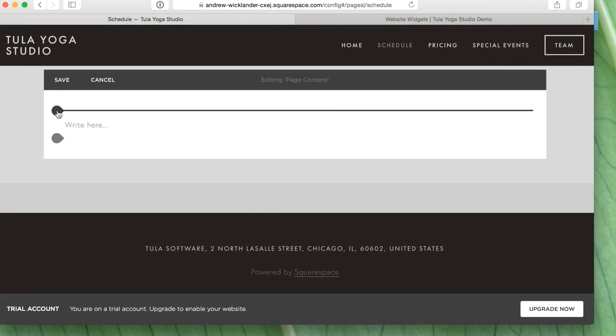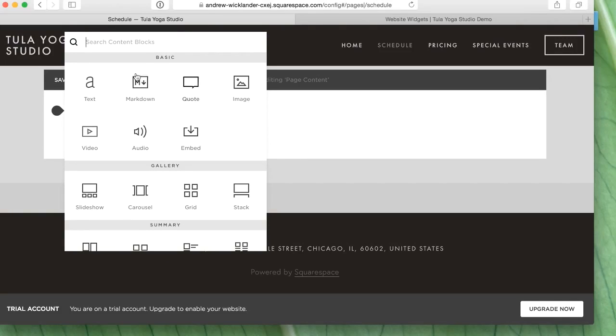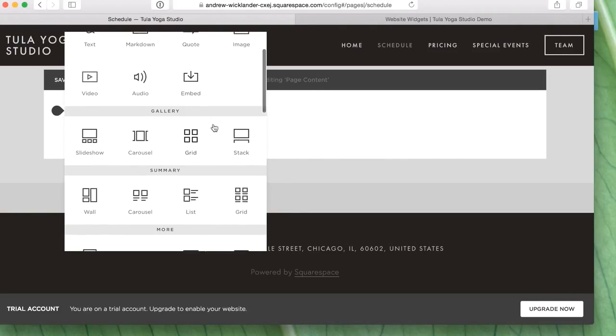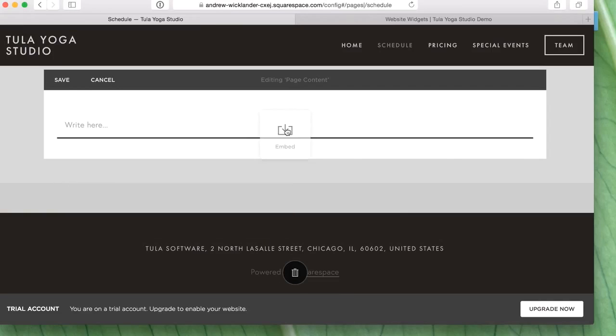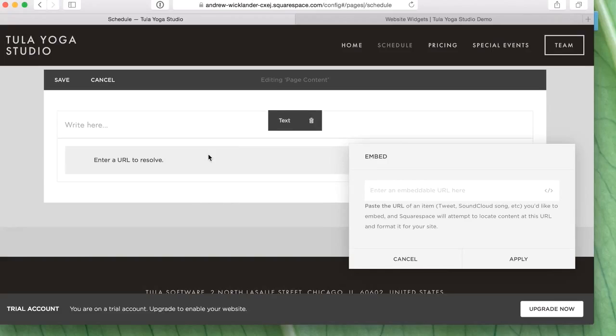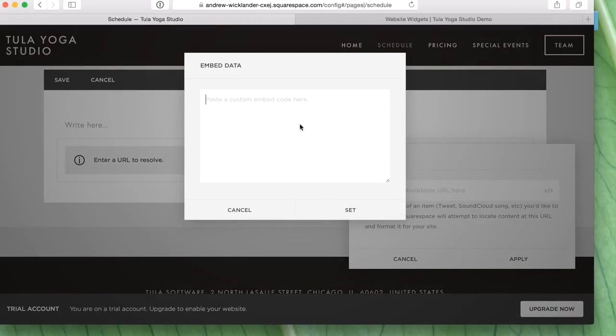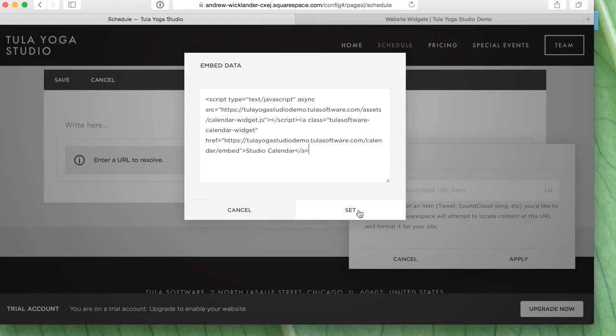Squarespace gives you the ability to take what amount to content blocks and put them on your page. And it's really nice because they let you drag and drop things all over the place. And one of the things that you can do is embed code from an external site. So you're probably familiar with this via things like YouTube or other video players. What you'll do is you click this little code icon in the embed code block and you paste it in here,